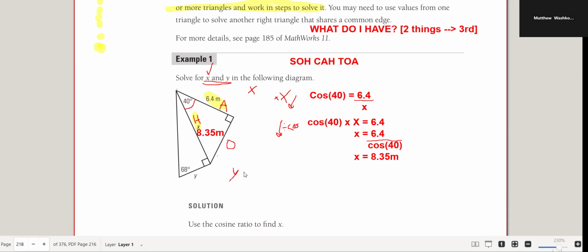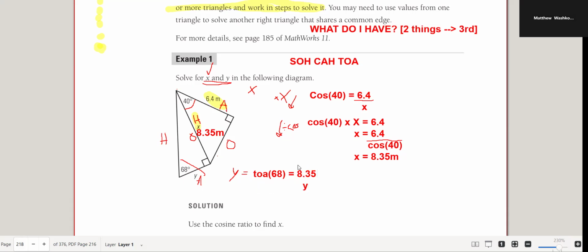Now for Y, I'm running out of space here, but I can see this is my opposite side for this one. Even though it's the hypotenuse for this triangle, for this other triangle it's my opposite. This is my hypotenuse, and I'm trying to find Y, which is my adjacent side. So that's TOA: tan of 68 is equal to the opposite, 8.35, divided by the adjacent,